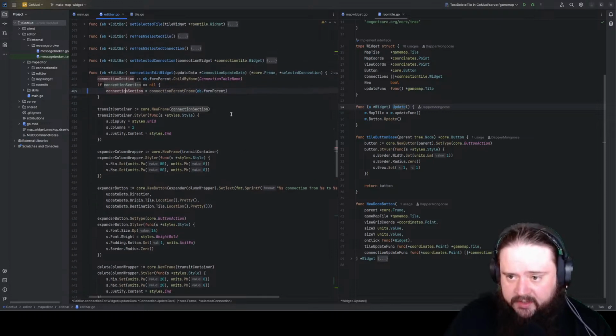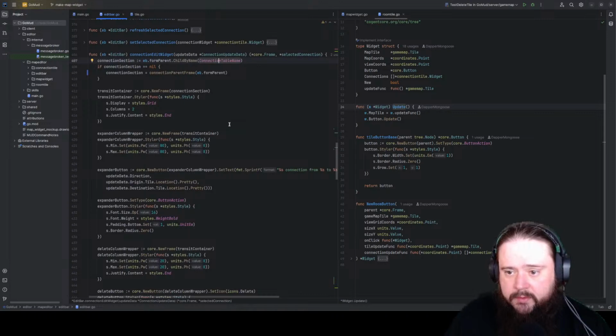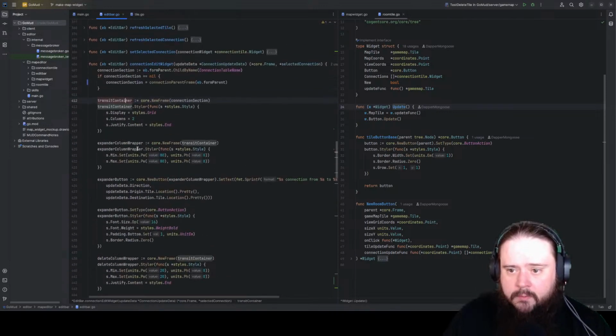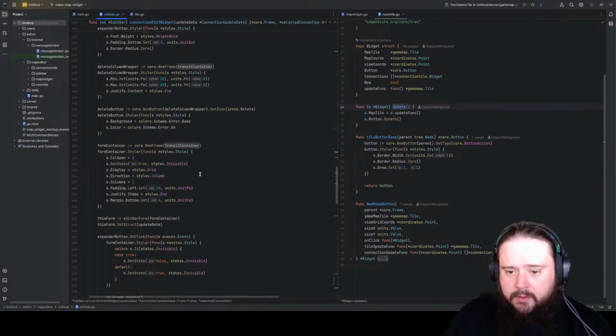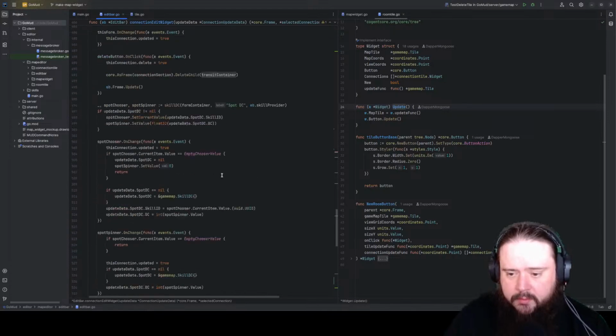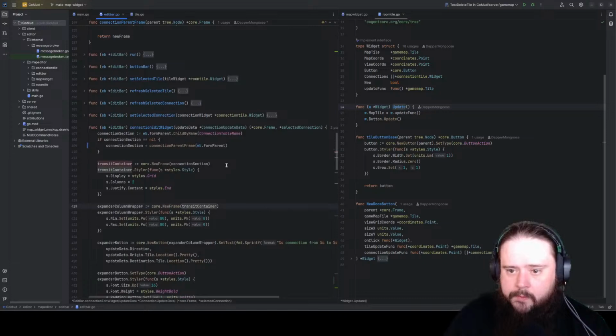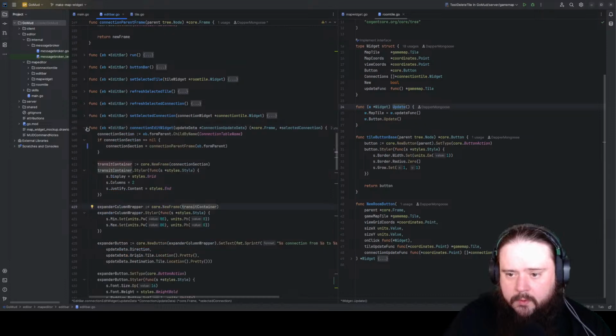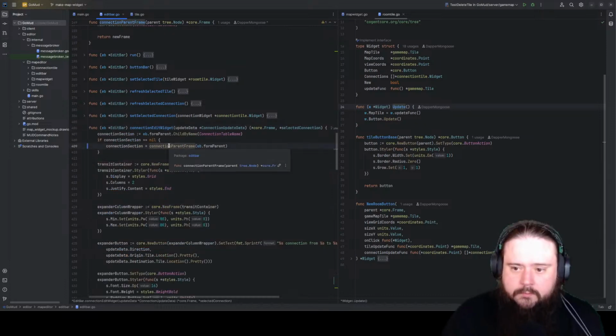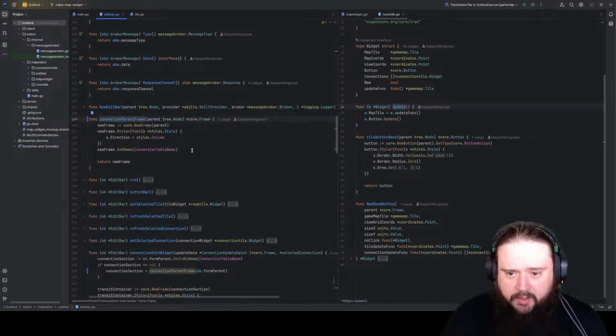But this gets it if it already exists. And then we start adding, or else we create it. And then we start adding the bits and pieces here. So our expander, all of that. Okay. So that can probably stay. It's probably fine. But here, I think is where we're going to want to have